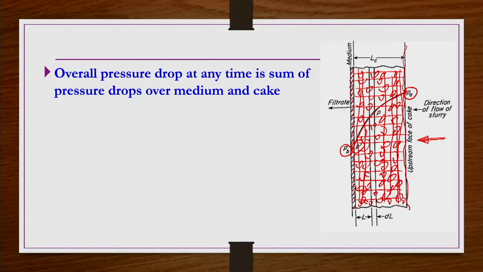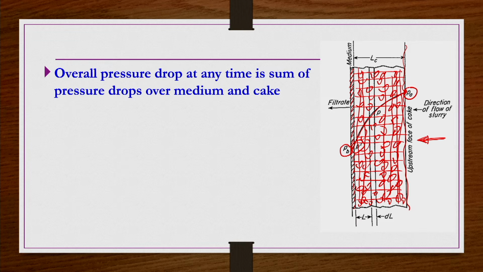The question may be why it cannot be a linear pressure drop between these two. Because of many complicated things, like the size of the particles, since the particles are not all the same size, the shape of the particles is also not the same, and the voidage of each individual layer, if you break the cake into different layers, is going to change from one layer to another. For these reasons, the pressure drop is going to be non-linear. There are other reasons also, like the compressive force being maximum at the filter medium surface and gradually decreasing as we move towards the slurry through the cake.